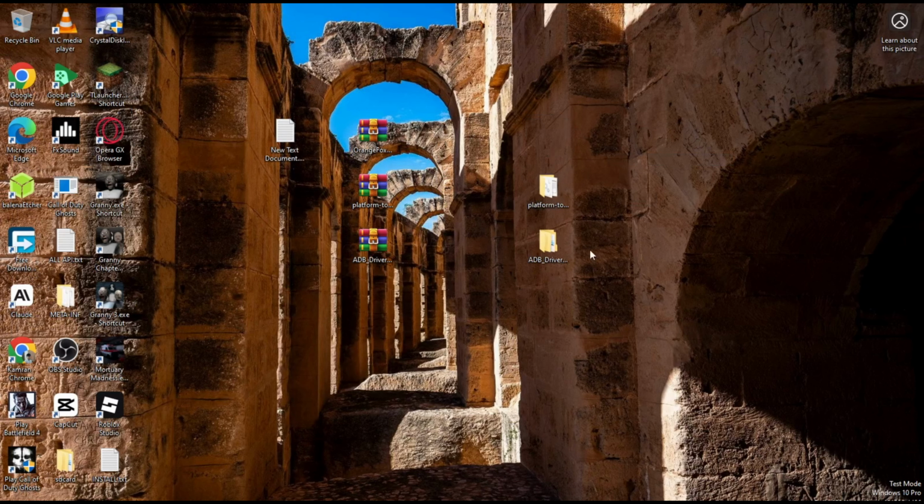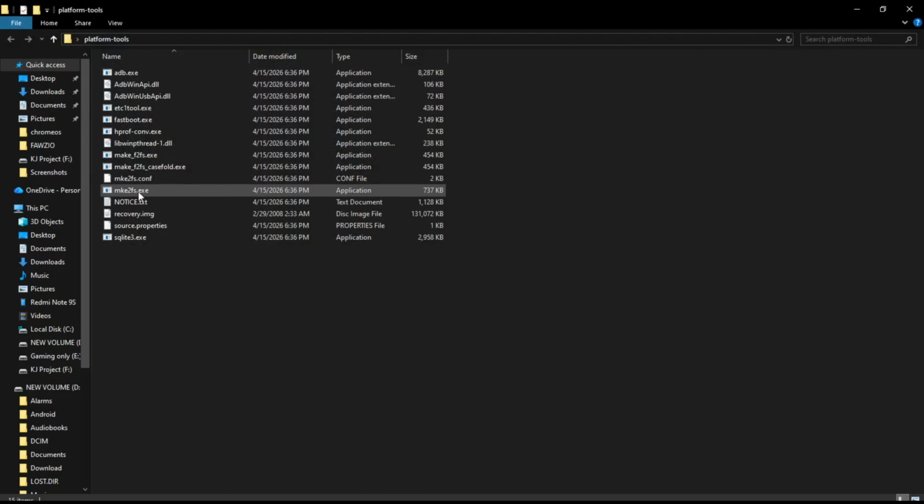Once you have extracted all the files, copy the recovery image and paste it in the Platform Tools folder.